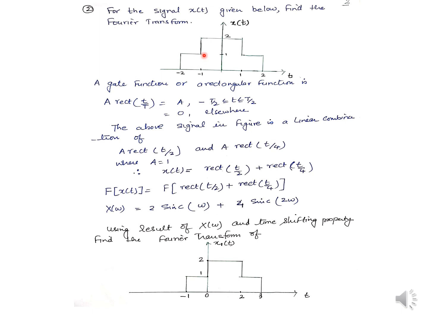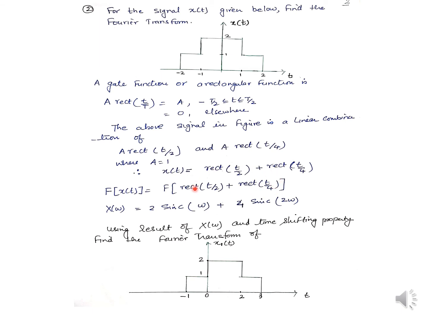And if I forget that there is an amplitude here and I just look at this part, then this is another rectangular signal which has amplitude 1 and is defined from minus 1 to 1, which can be written like this. The amplitude again here is 1. Now if we add these two signals, it will be of this form. Why? From minus 2 to minus 1 this signal will exist, from 1 to 2 this signal will exist, and between minus 1 and 1 both of these will exist. So the amplitude here will be 1 plus 1, which is 2.